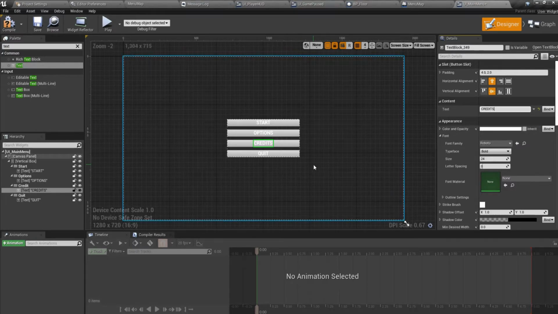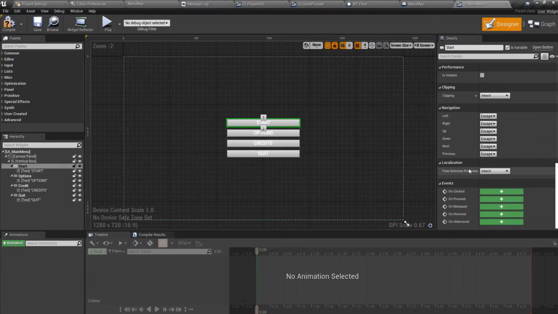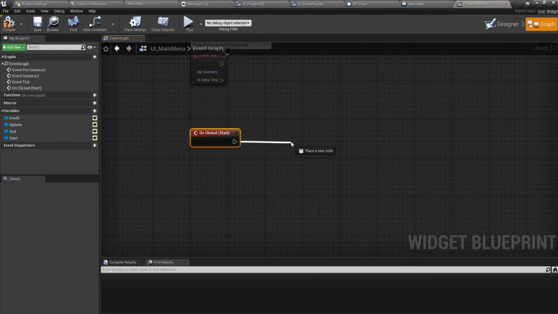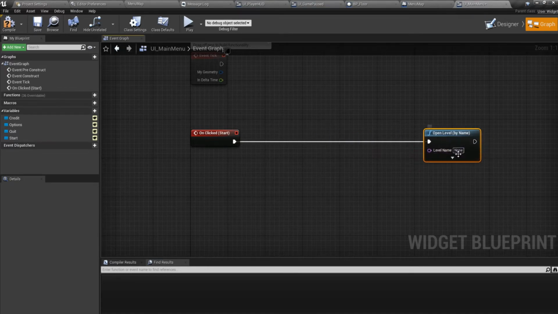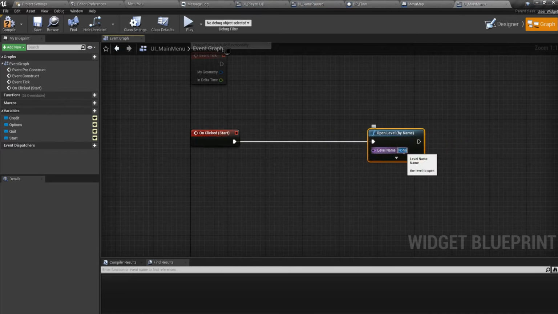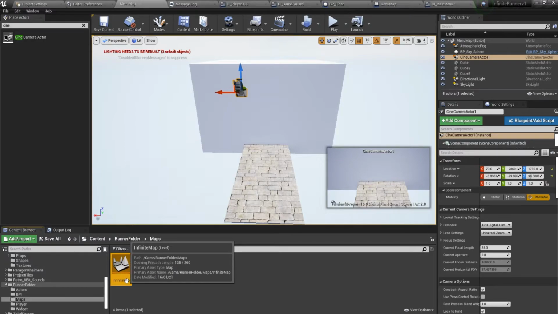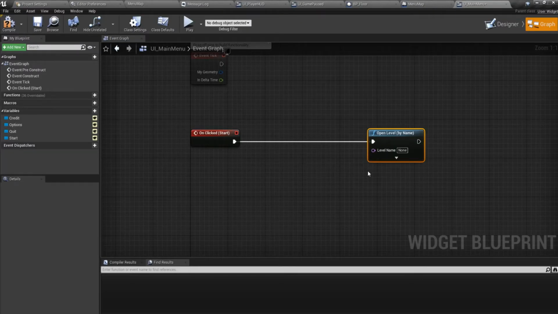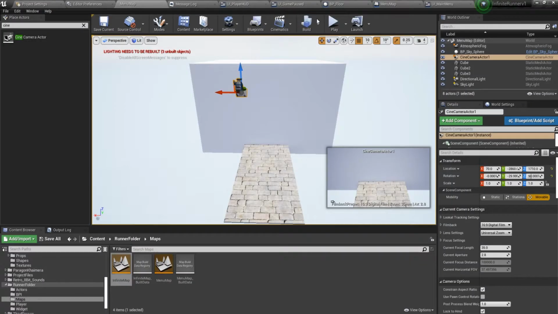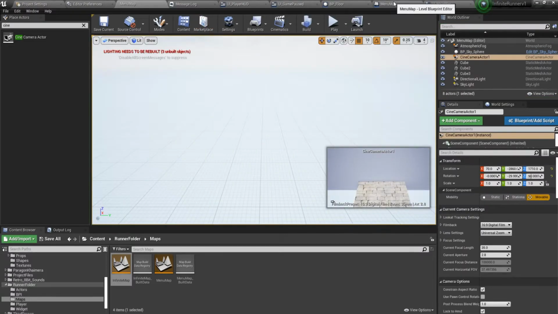So credits, yeah. In the start one, on clicked, you want to do an open level. For now, let's do the open level. We can do the animation later on, or you can do it on your own, because I already taught you how to do one. So what we will be opening is our other map. Make sure that the names are perfect, infinite map like that, and this one should work also. Open up the menu map,